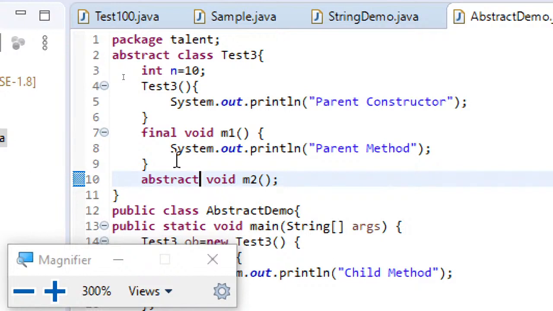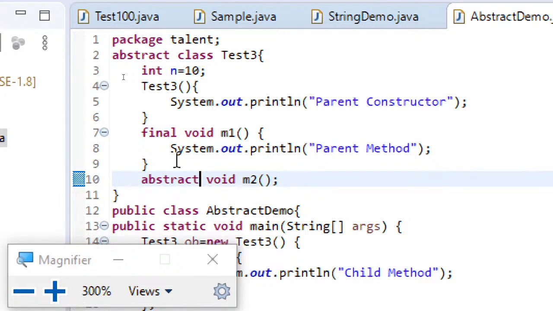The reason is, when I don't have even a single abstract method, then why would anyone be interested in declaring their class abstract? For a simple reason: they don't want anybody creating objects of their class. Understand the point? The answer is simple, because they do not want anyone else to create an object for their class.